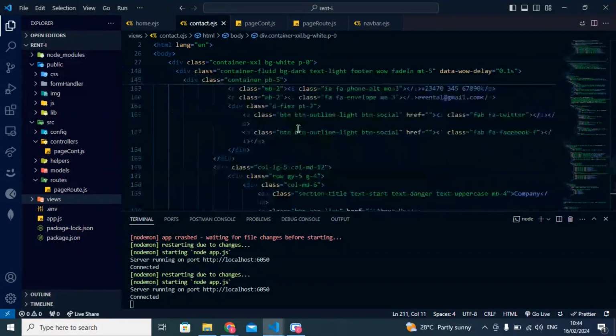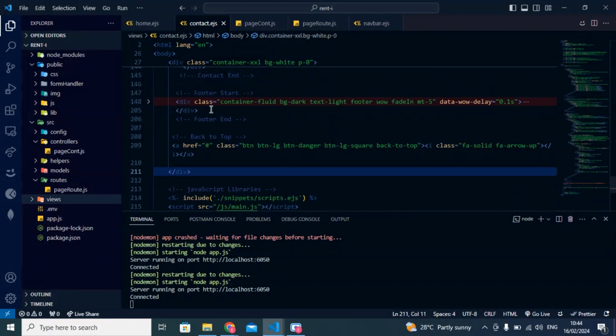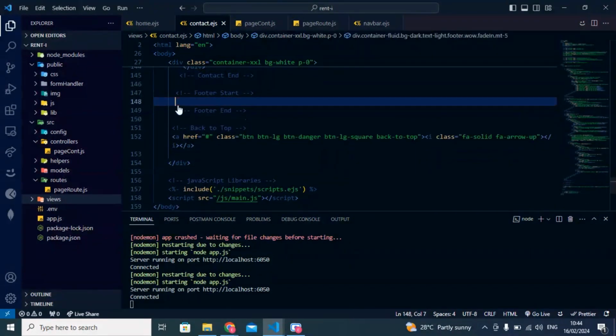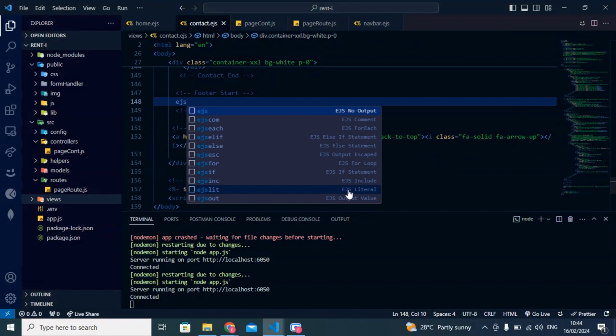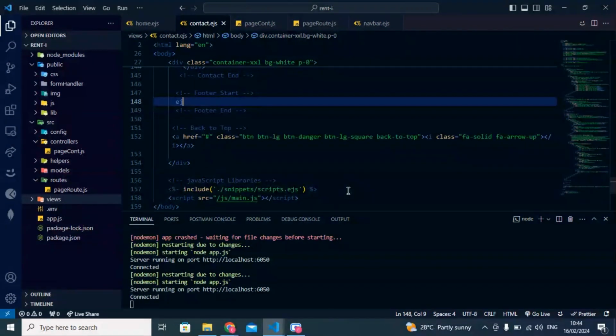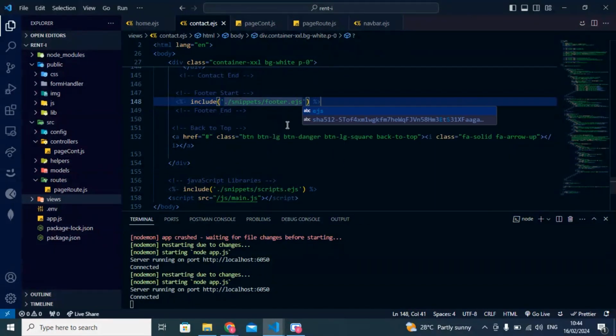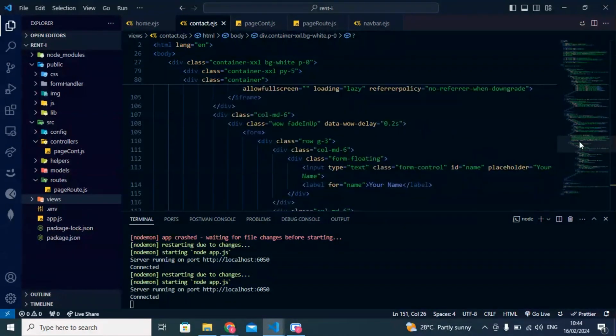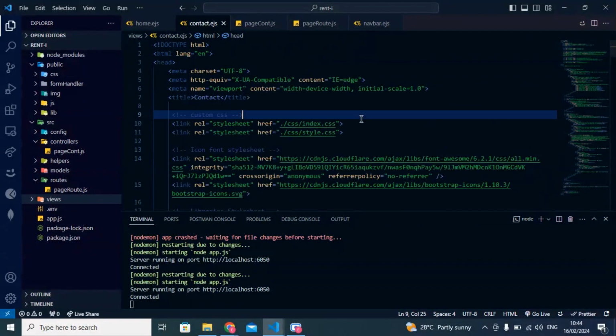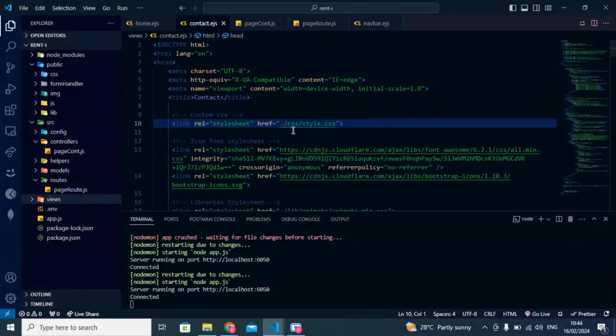I'll include my footer. You just include snippet/footer.js. So I'll come right away up here and delete this, change this to our styles,